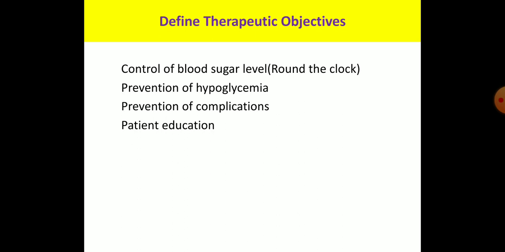So to control the blood sugar level, not at the cost of hypoglycemia, and patient education. These are the therapeutic objectives. Now, which are the effective drug groups? As you all know, type 2 diabetes can initially be treated with oral anti-diabetic agents, and